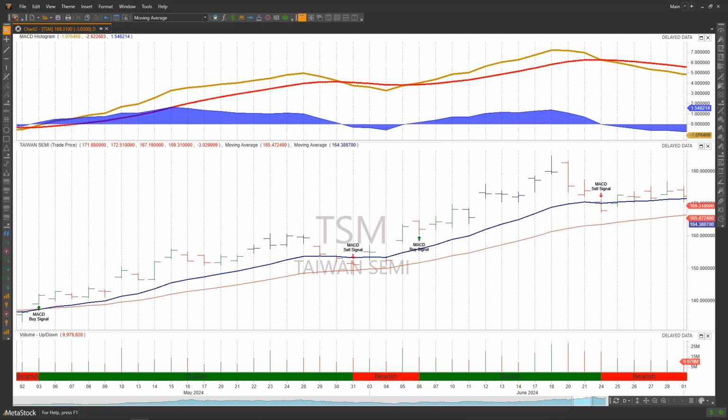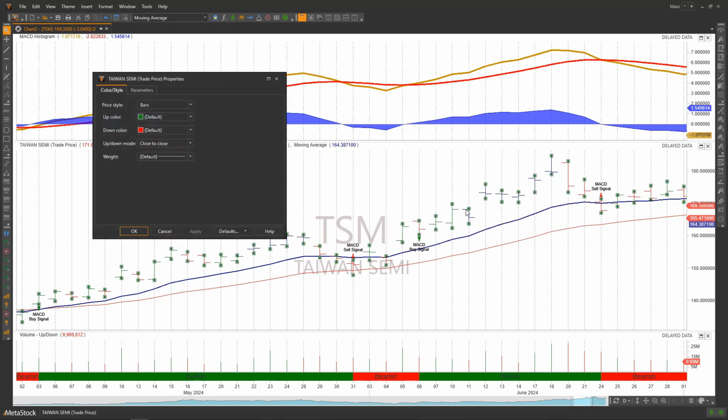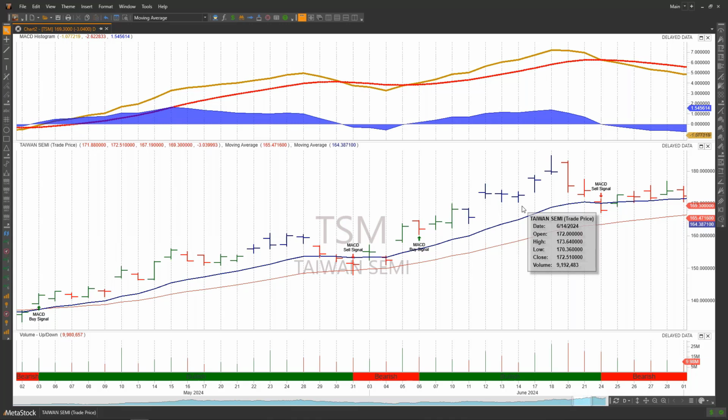Here in MetaStock, if we look at the way the chart looks, you'll notice these blue bars. I'm going to make these bars a lot bigger. Give me a second, because I don't think you can see them very well, and I can't see them very well either. I'm also blind in both eyes though.